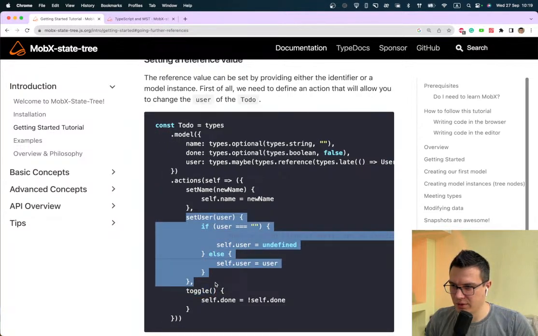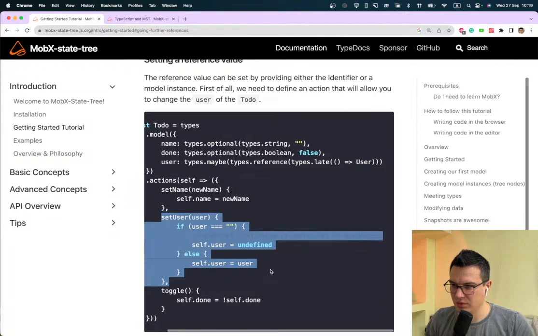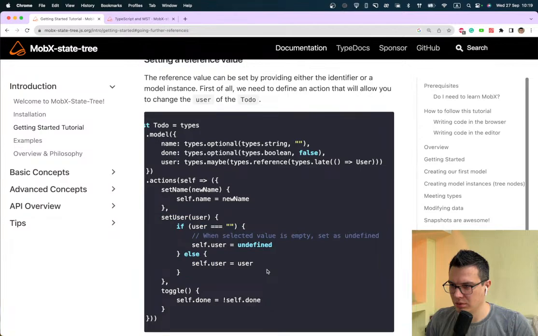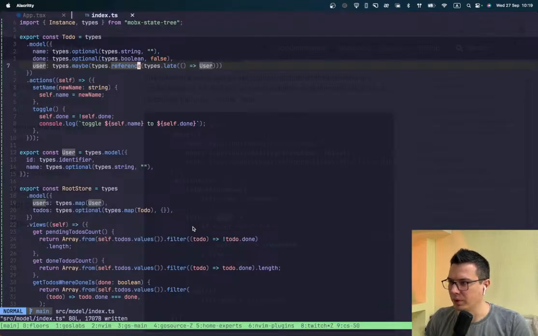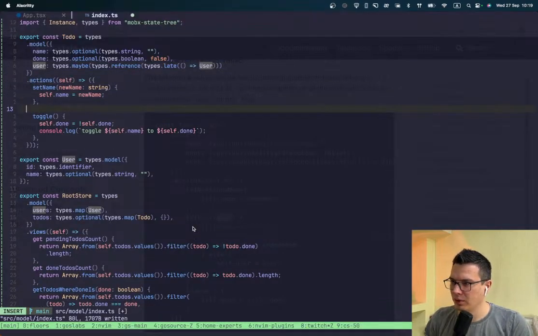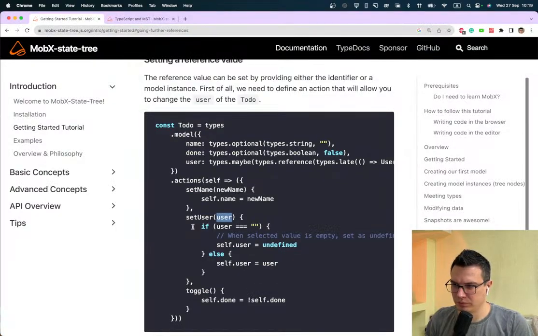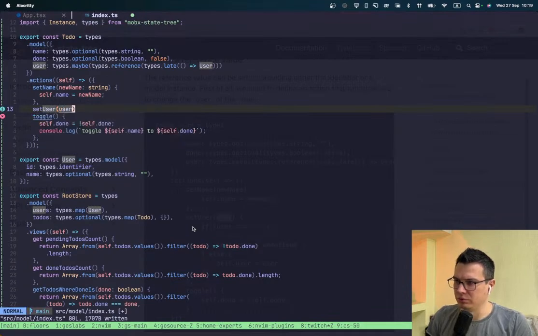And set user, and user is it expected to be a string? This is actually a bit weird, but let's try. Set user, sorry, user